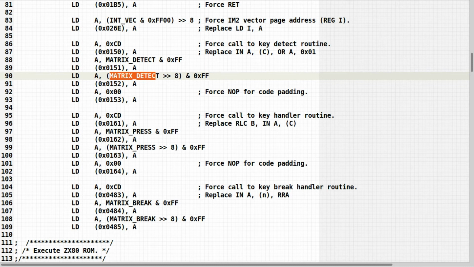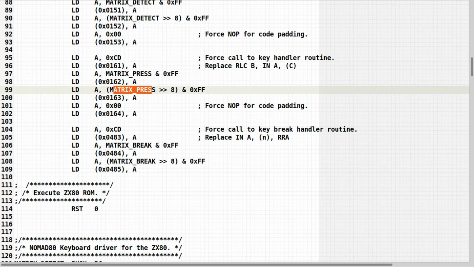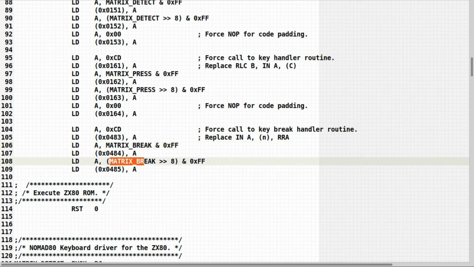So this one is matrix detect, and then the next one is a matrix key press. These are three different areas in the ZX80 ROM which I need to update the addresses, and this is just putting my own drivers in place, and then whenever someone presses the break key in BASIC, I need